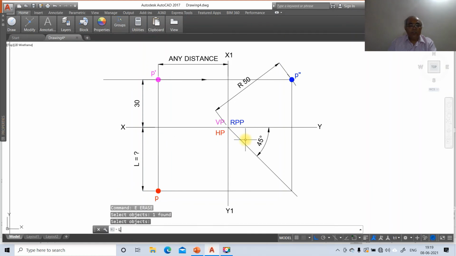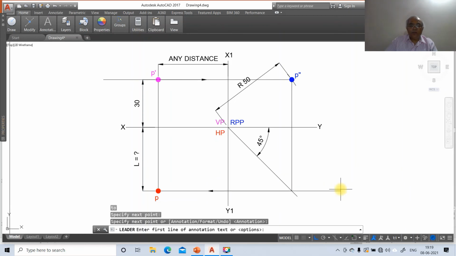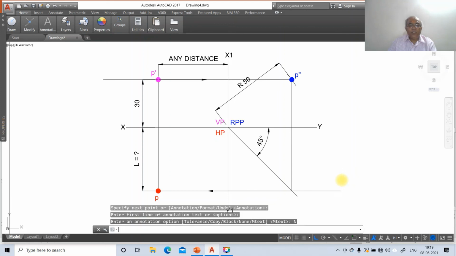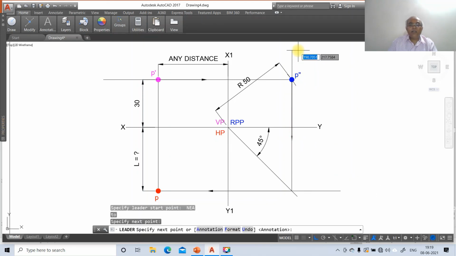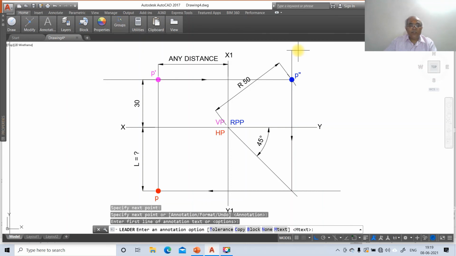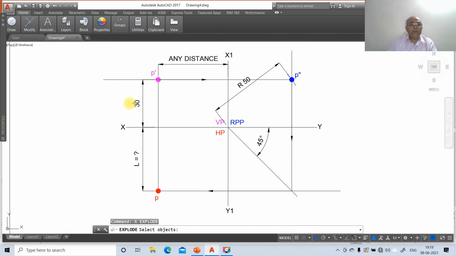So go to leader, nearest, on this go to options, annotation none, and go to leader, take nearest on this side and select annotation option none. Then explode, select this line and this arrowhead, then erase this line, this line, and this line.